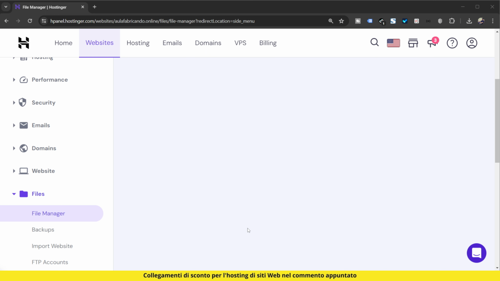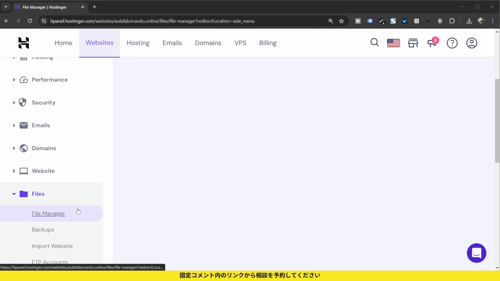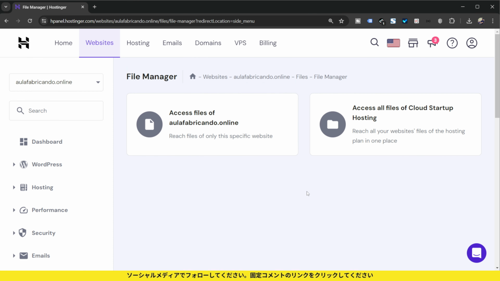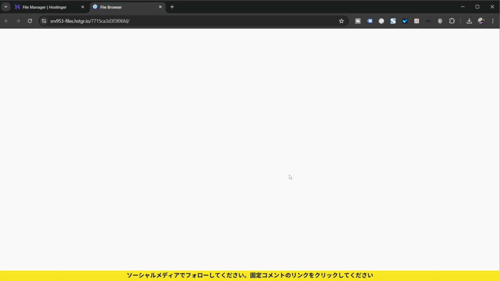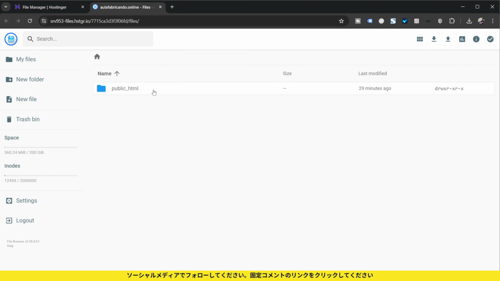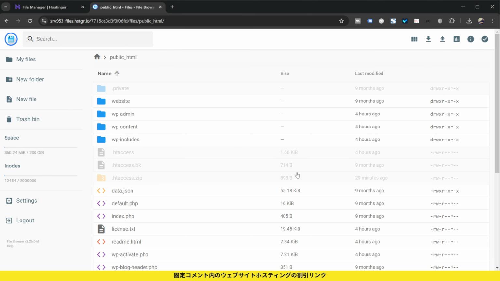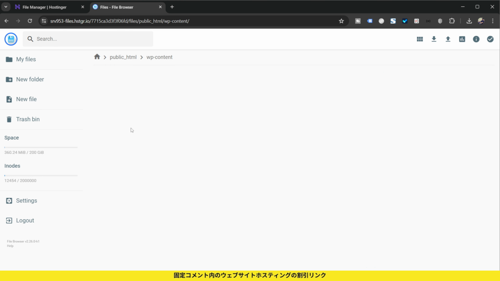In many cases, a person unzips a zip file directly into the WordPress folder where the plugin is located, and this changes the permissions and folder owner, causing critical errors within WordPress. Let's go back to our hosting company's dashboard. I came to Files, File Manager, access our File Manager, go to Public HTML, access WP content,